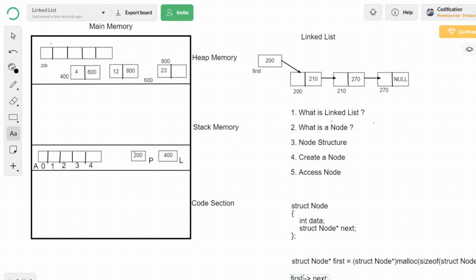Okay, fine. In the next video, we'll see more about linked lists, a few frequently used syntaxes, and the purpose of using the syntax. Everything we will see